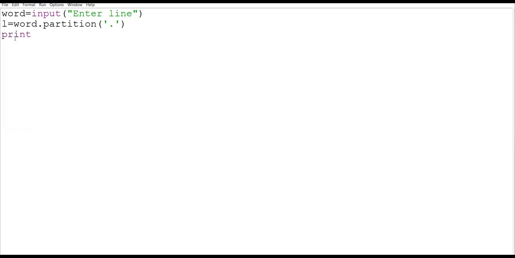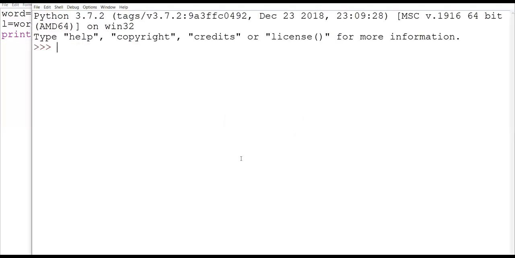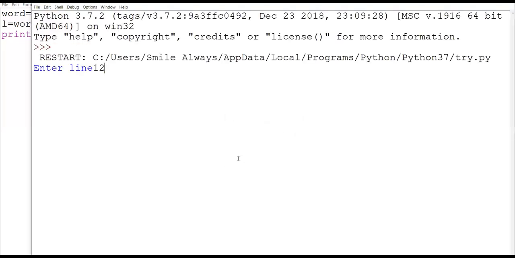So directly I need to print L of 2. That's it. If I print this, now I have to give any number, 1234.5678. You can see it is giving me the fractional part only, means the values after the decimal point. I hope this is clear to all of you.